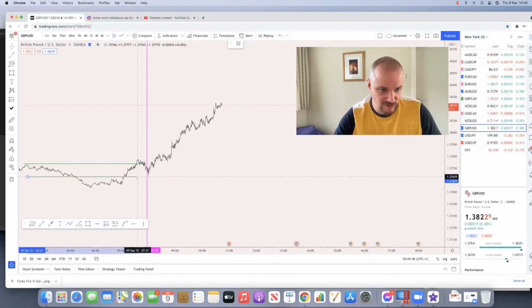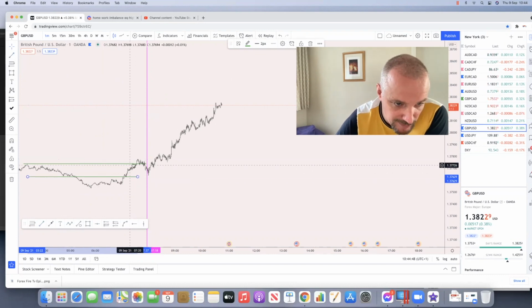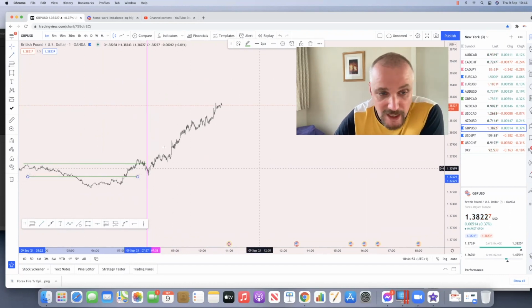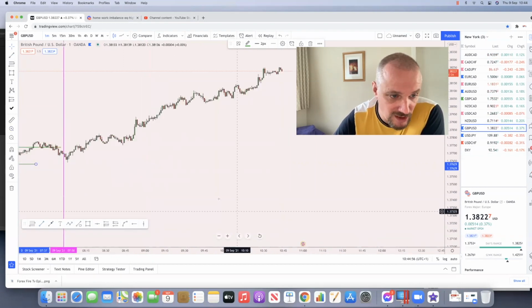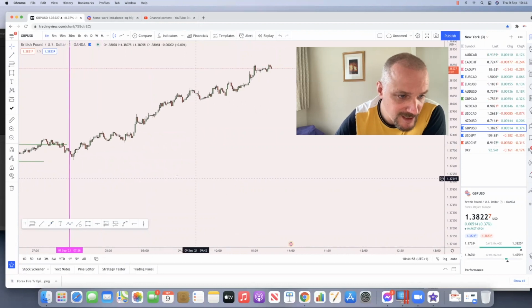You could say that's a consolidated area. We had a breakout, but then we've come back to retest this area, and then it's pushed up. Okay, so after 8 a.m. is when I generally start. If we look into here, okay, so